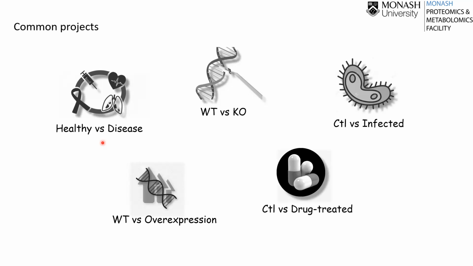But some of our most common types of comparison would be looking at wild type versus knockout, or expression experiments, for example, expressing a kinase and then seeing how the phosphoproteome changes, or using a drug and looking at how the phosphoproteome changes after using the drug, or between control versus an infection model as well, which I don't think is as applicable in terms of cancer, but there are viruses like Hep B and C, which I think are linked to cancer, or bacteria such as Helicobacter, which is linked to gastric cancer, for example. Those types of studies we can still do as well.